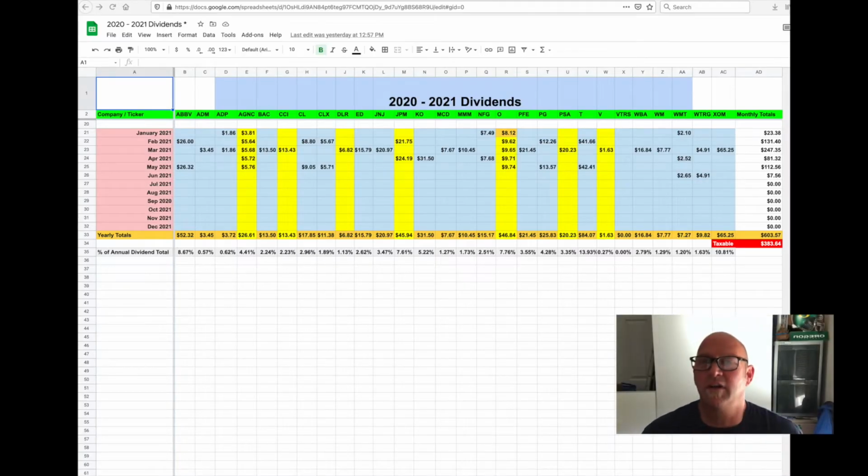Okay, you guys, now we're looking at my Google Sheets that I keep track of my dividends on. Now May was not a big month for dividends for me, as you can see. We got a total of 112.56 in dividends, and we'll break down which ones we got. First of all, the first dividend we got was AbbVie, and AbbVie is a pharmaceutical company that makes Humira, and that was